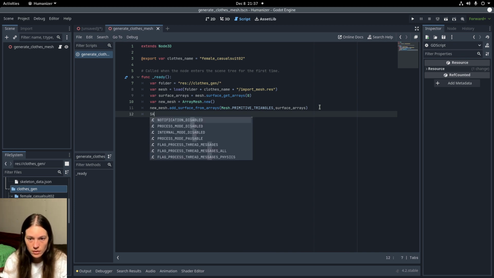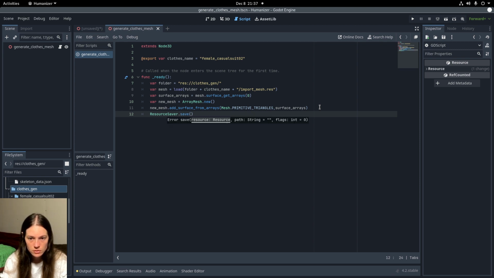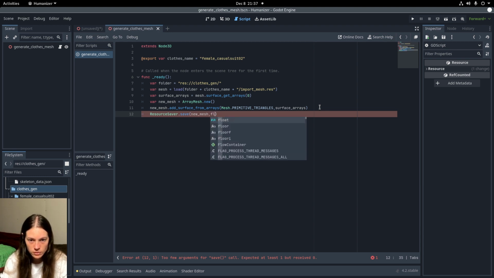And then I'll just use the resource saver to save the new mesh to the folder